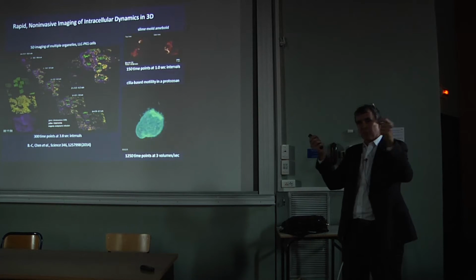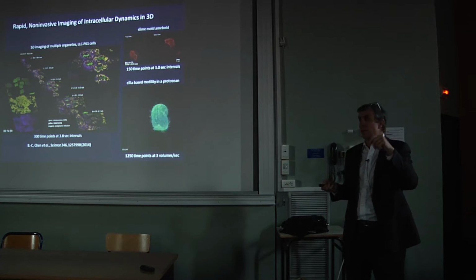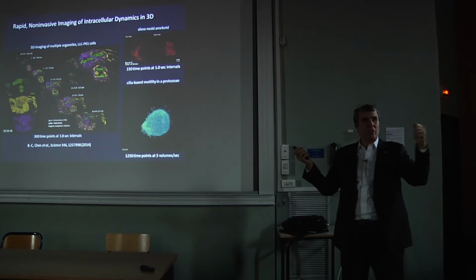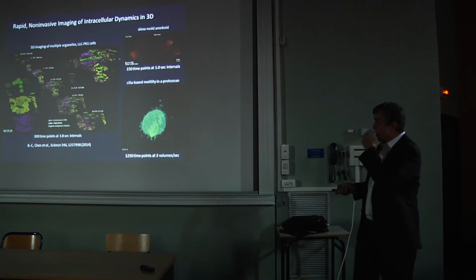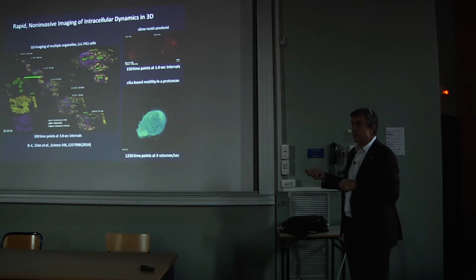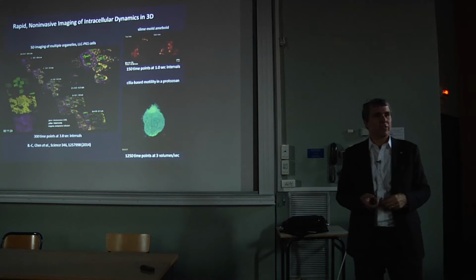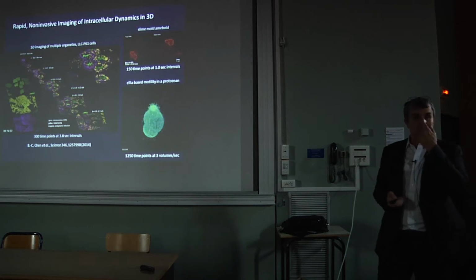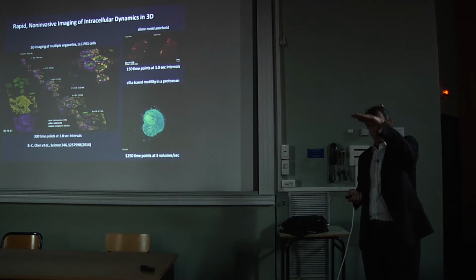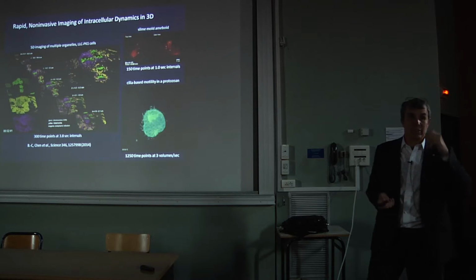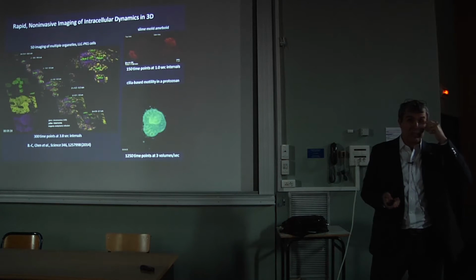The mitochondria, which are normally long sausages, fragment into pieces, and those pieces fit right inside of those pockets and they're carried along as the cell divides. So this represents 300 time points in each of 3 colors, so 900 3D volumes. Each volume consists of hundreds of planes, so it represents over 250,000 images taken from a single set of cells.